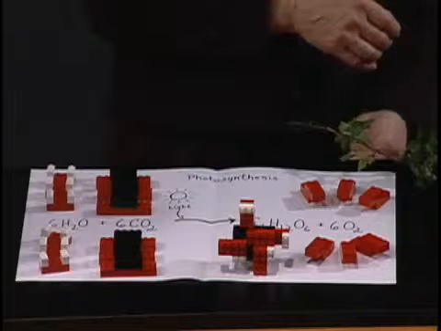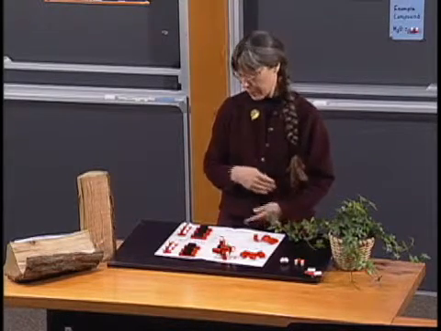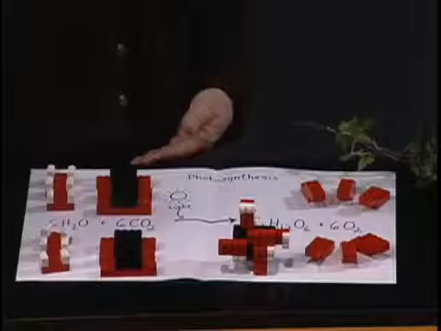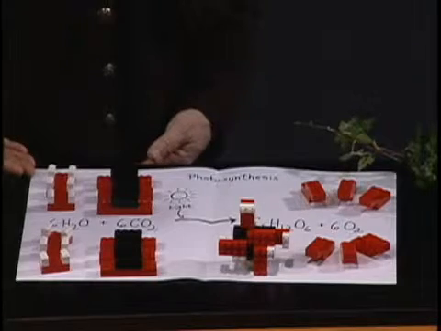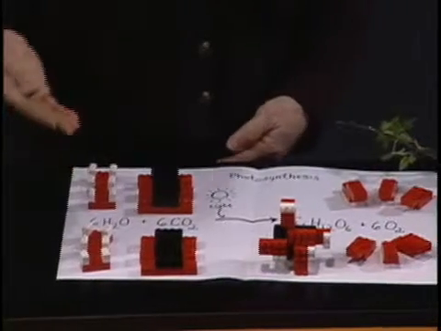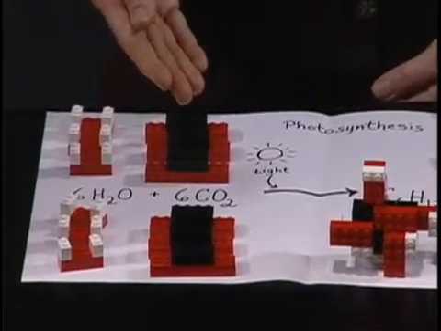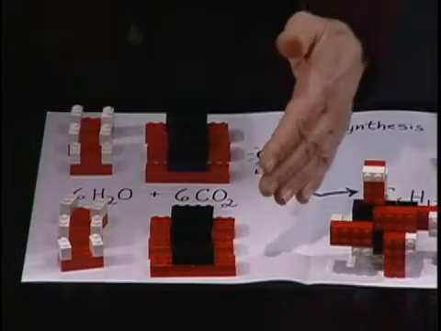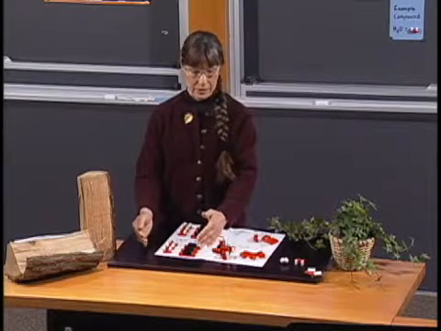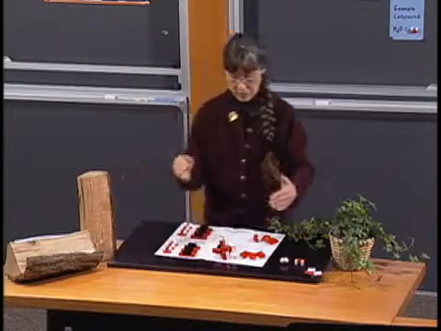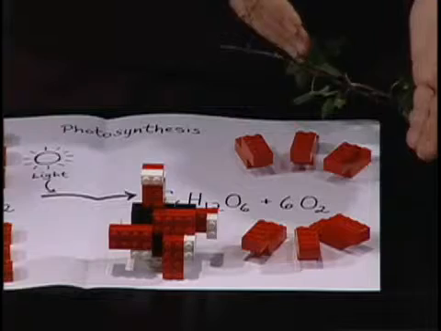bricks. But what I'd like for you to do is to do it stepwise, pretty much the way the plant would do it. So I'd like for you first to start off with obtaining 6 water molecules, and you'd build them here, laid out on a piece of paper. And then what you do next would be to make the 6 carbon dioxide molecules. And then what I'd like for you to do is to only use these atoms to do what the plant does, is to put them together to make 1 molecule of glucose that's over here with these 6 oxygen molecules